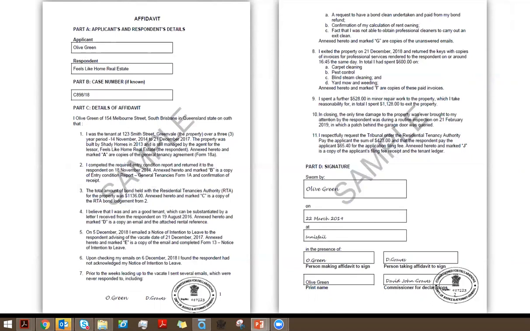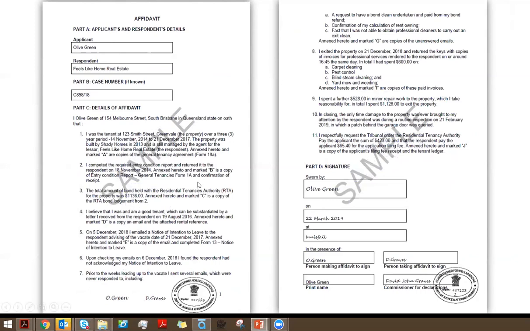So always check that the deponent is the person in front of you, because the deponent may not be the applicant. But in this case, Olive is placing an affidavit to QCAT, and she's made a number of statements. And because it is a multiple page, both Olive and the JP have signed each page, and if it hasn't been numbered, you should instruct the deponent to number each page.